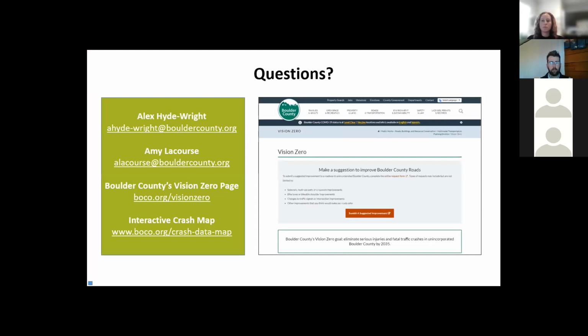So to wrap up, we just want to point people back to the Boulder County Vision Zero website, which has all these resources. It also includes an interactive crash map for all the crashes in Boulder County, a dashboard showing the number of fatal crashes so far in 2021, and then a running list of all the news articles related to each fatal crash that we've experienced in the calendar year, and then links to our crash analysis and other Vision Zero documents. So with that, we will open it up to any questions.